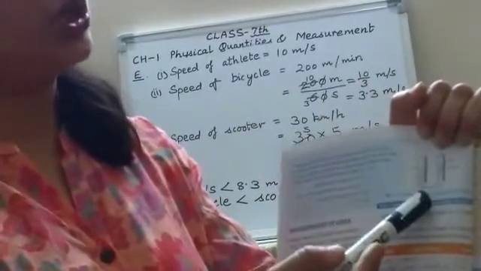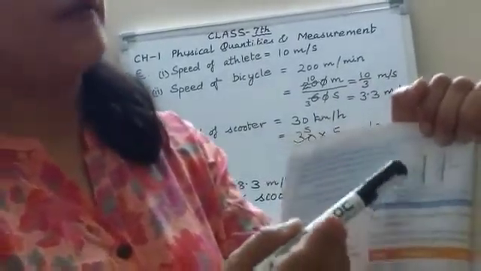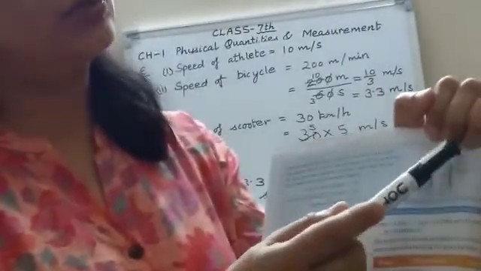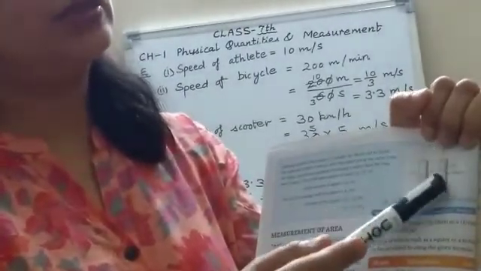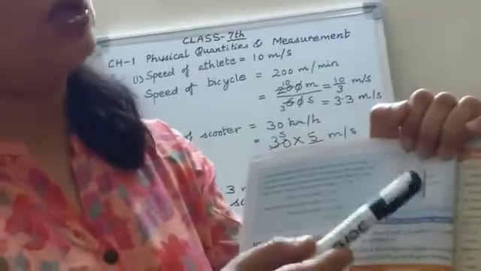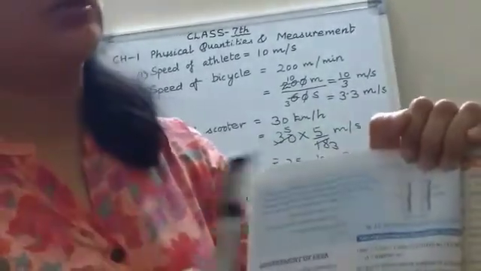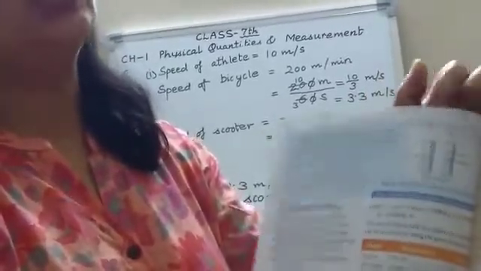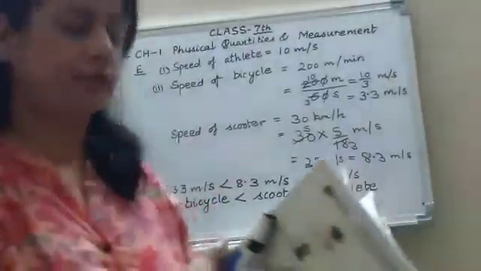You will take a measuring jar and fill it with water, then note down the initial level of the water. Then you will tie the stone with a thread and immerse the stone in the water. The level of the water increases. So the difference in the two levels will give you the volume of the stone. Okay.